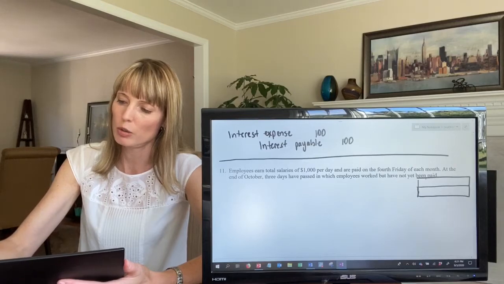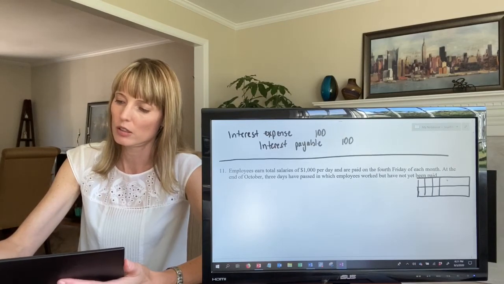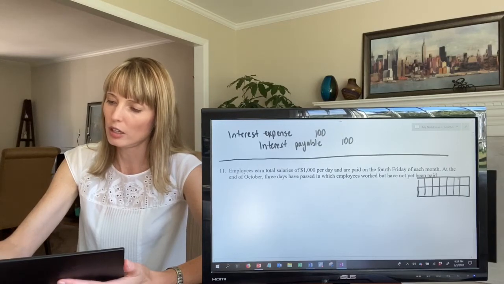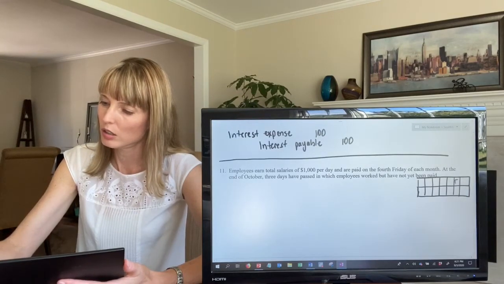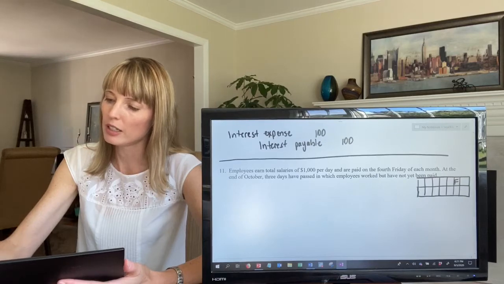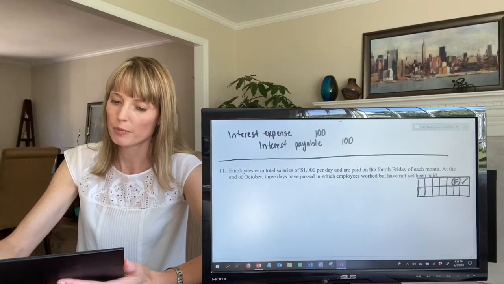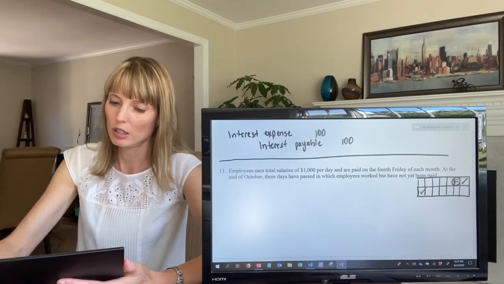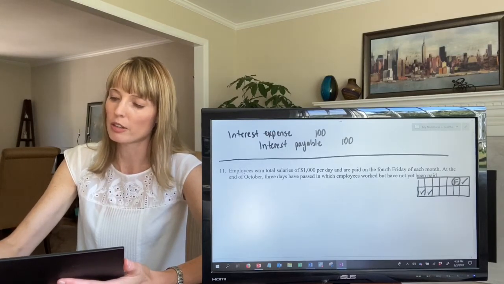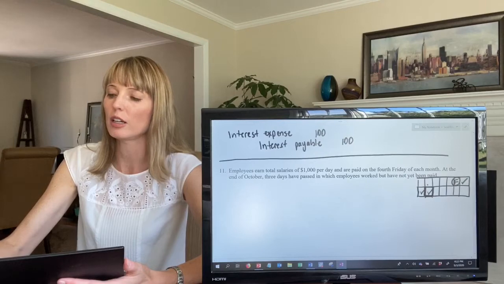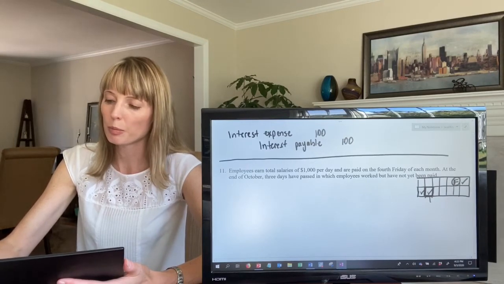Let's look at 2 weeks of a calendar. Let's say the Friday was here. They got paid here, but then they also worked on Saturday and Sunday and Monday. Let's say it doesn't matter which 3 days. And let's say that this is the end of our accounting period, the end of the day. If we put together our financial statements,